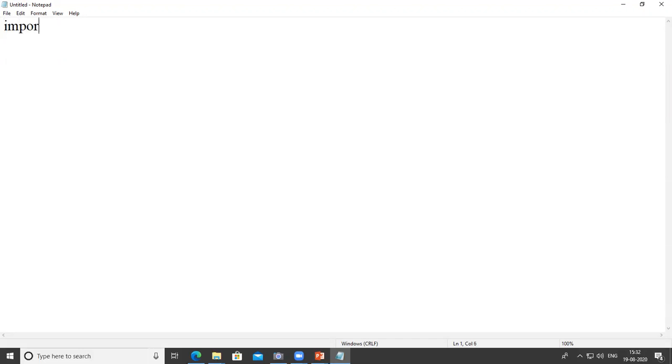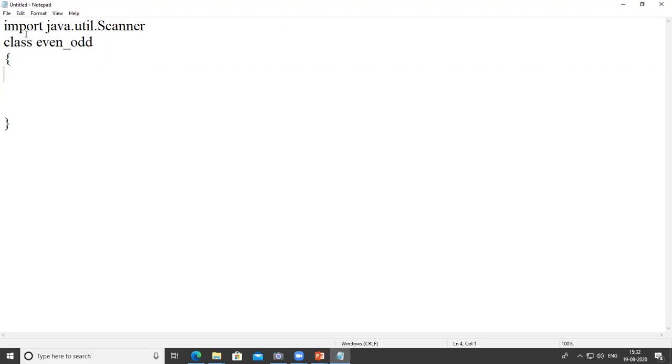For that, we import the Scanner library file so that we can read the input given by the user. Here we give the class name as EvenOdd, curly bracket open and close.